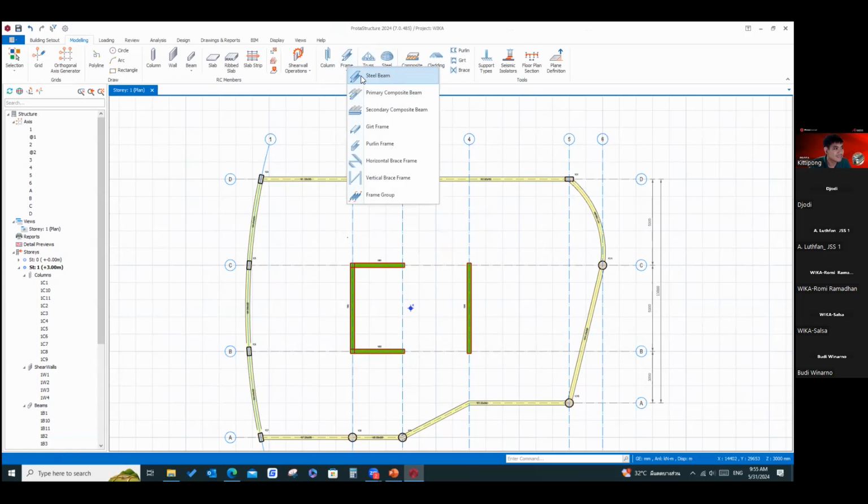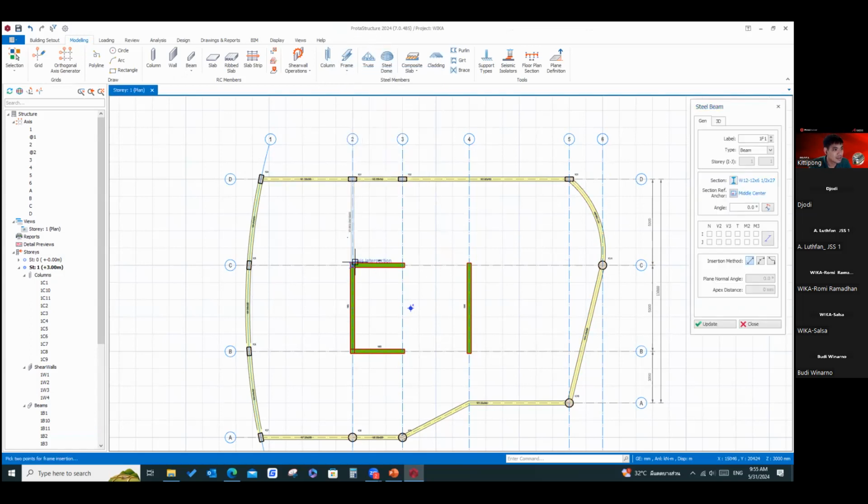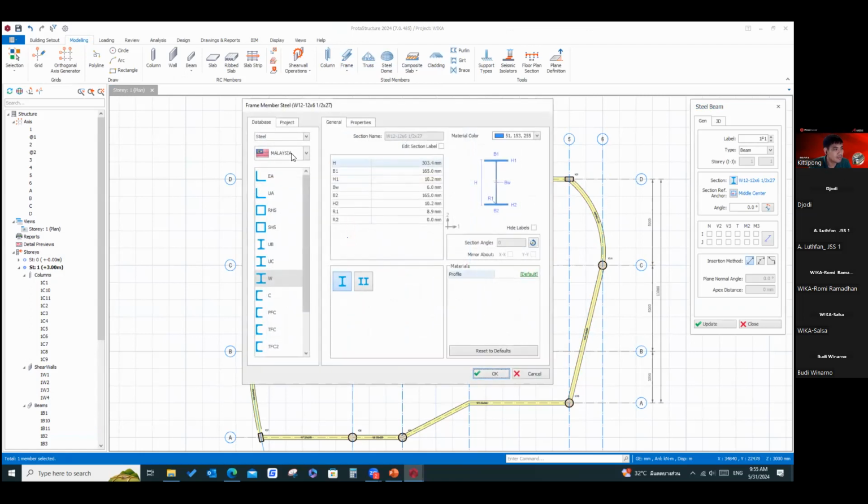See? Like this. You can change the section as you want. I'm not sure which type of section you use in Indonesia, but they have many sections like this.